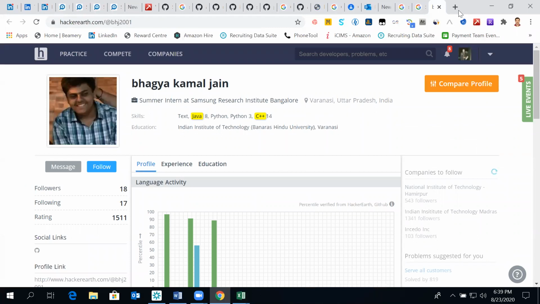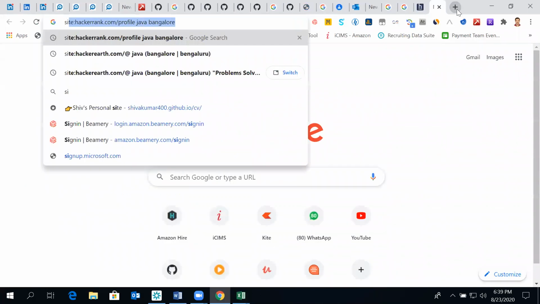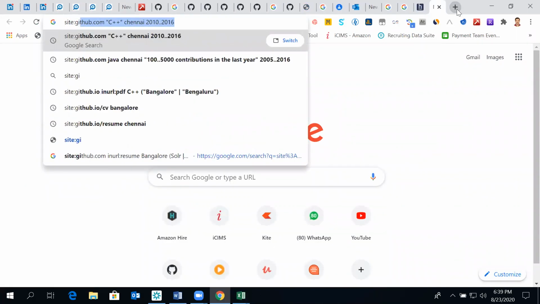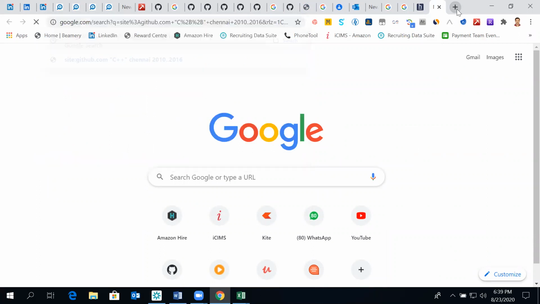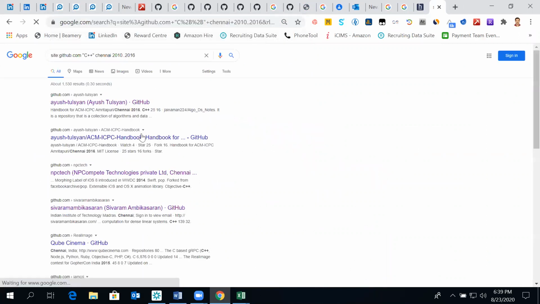So is this the same with GitHub also? Let's see. Because GitHub also does not have a proper standard URL format.